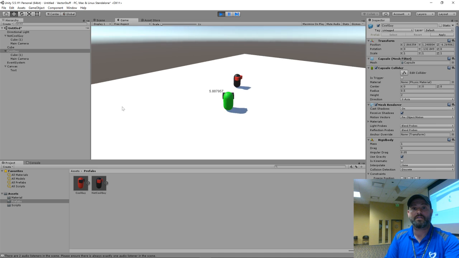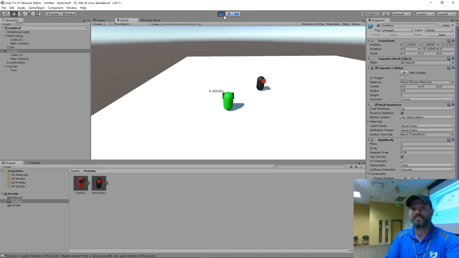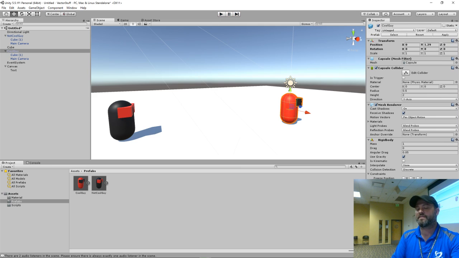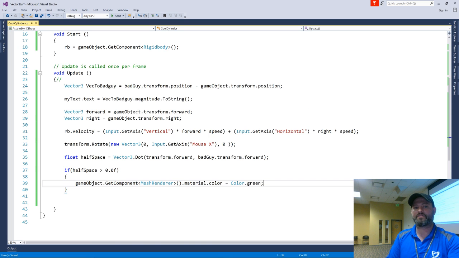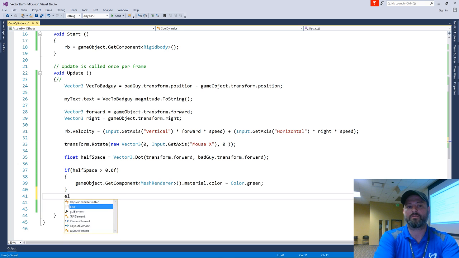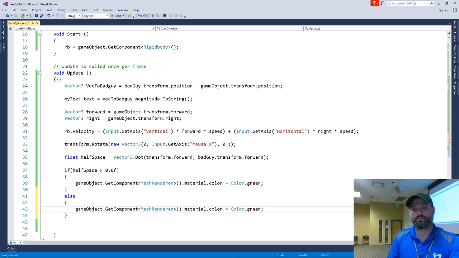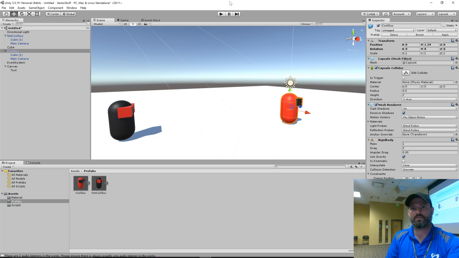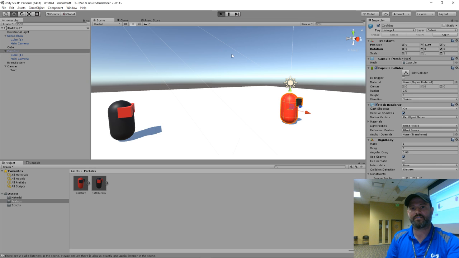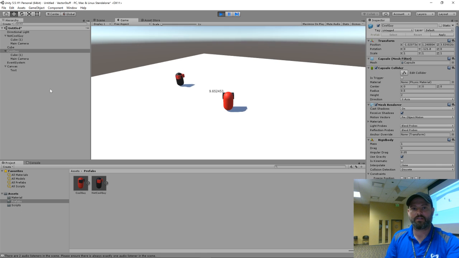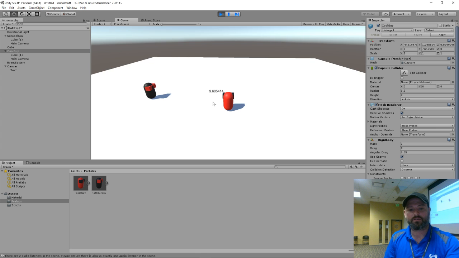Still didn't work. You know why it didn't work? You didn't change your material back after you looked at it. I never changed it back to red after. So that's cool if it's that way, but else, take all that and go back to red. I did. Okay, so